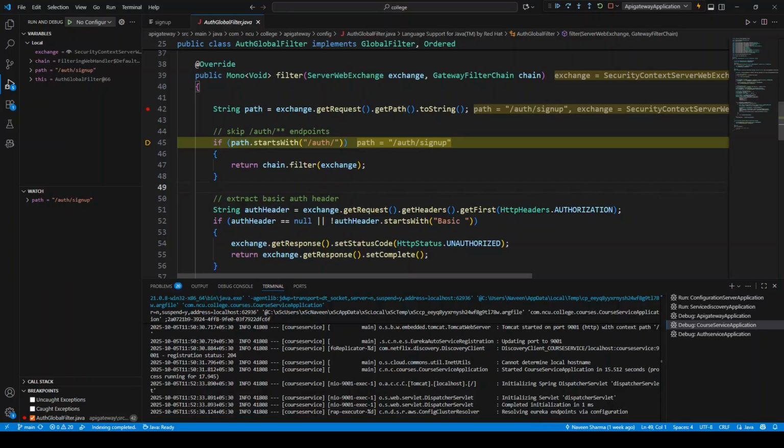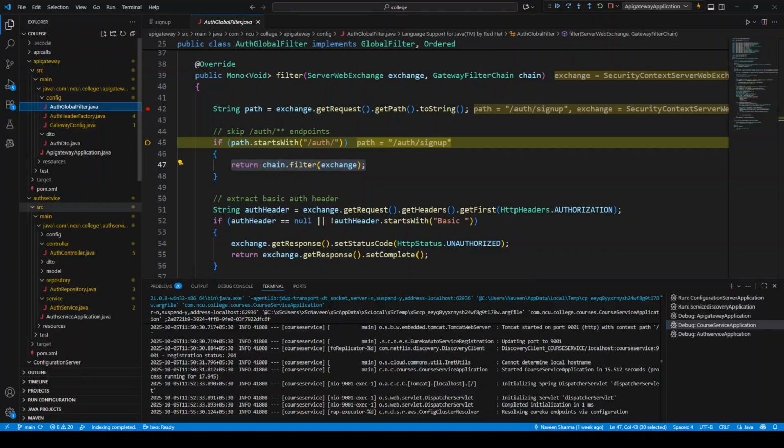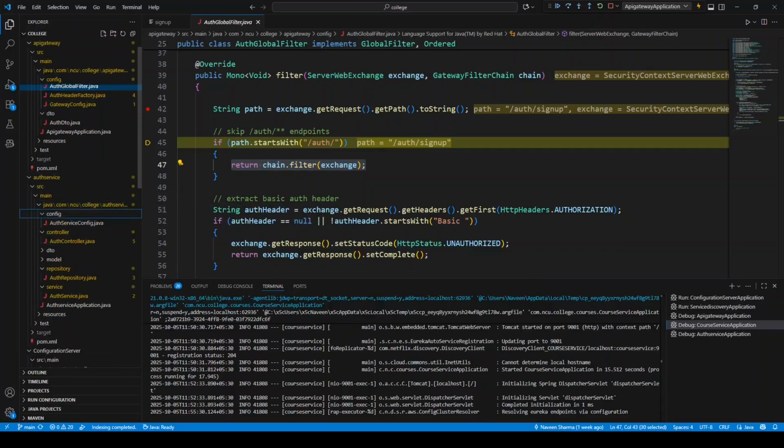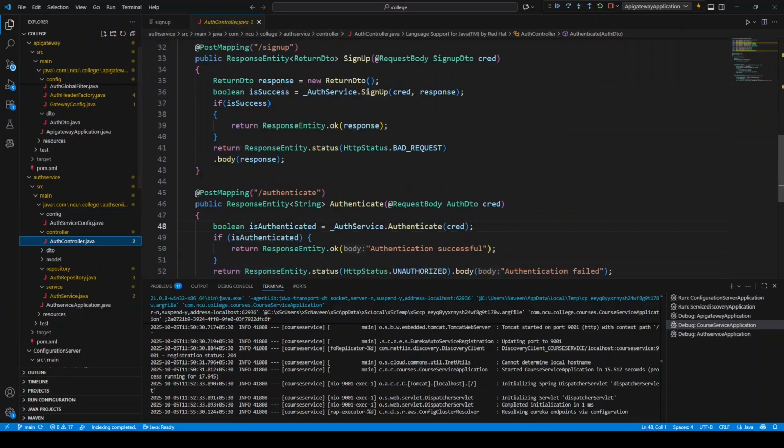Okay. Now, what I'm doing in the code is, if there is any request for the authorization service, this will be passed to the next filter in the chain. So the next filter in the chain is the filter for the authorization service. So let's go to the authorization service, and if we see, we don't have a filter. Which means if there is no filter, then the next step is to land in the controller of that service. So I am going to put a breakpoint